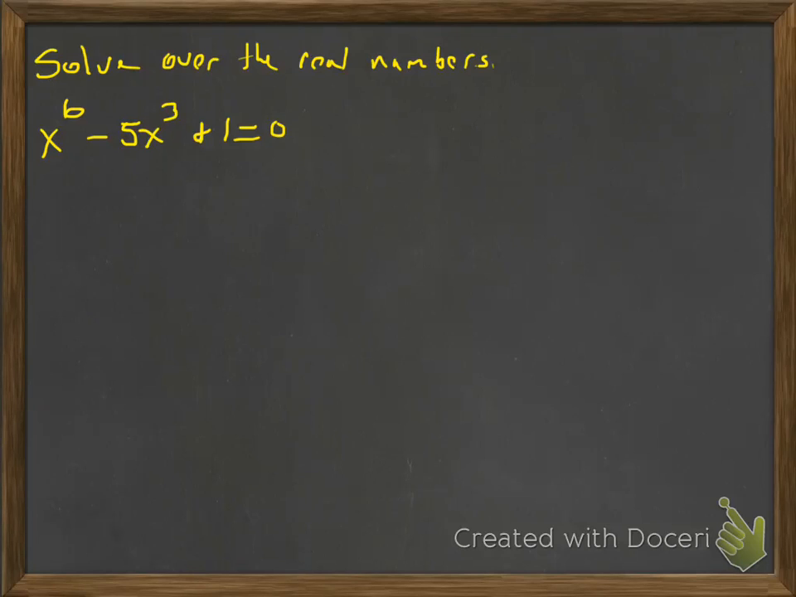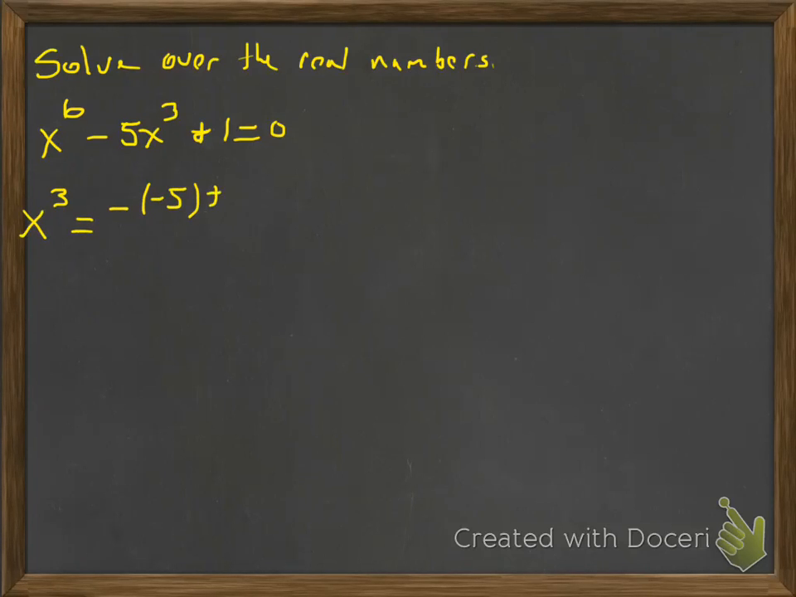Now the quadratic formula really works for just quadratics, but we can kind of trick this into being a quadratic. So this is going to be our x, and this is going to be our x squared. So our a is going to be 1, our b is going to be -5, and our c is going to be 1 when we use the quadratic formula. Okay, so instead of writing x, we're going to write x cubed. Okay, so x cubed is equal to